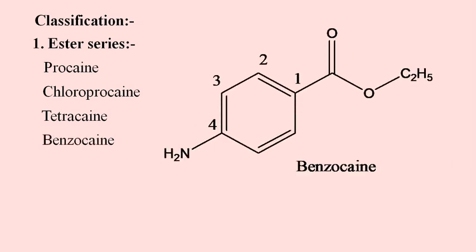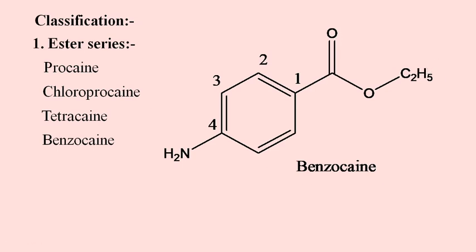Next, benzocaine. It has a much simpler structure, and its IUPAC name you can easily guess. It is ethyl 4-aminobenzoate. This is ethyl, and this is 4-amino, at position 4 the amino, and benzoate. This whole structure is benzoate. If instead of ethyl there were a hydrogen, you could call it benzoic acid. Benzocaine is structurally similar to procaine, but it lacks the terminal diethylamino group. In procaine, from this C2H5, a diethylamino group was attached.